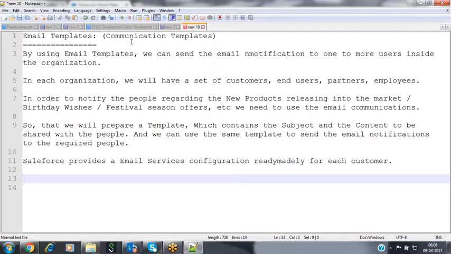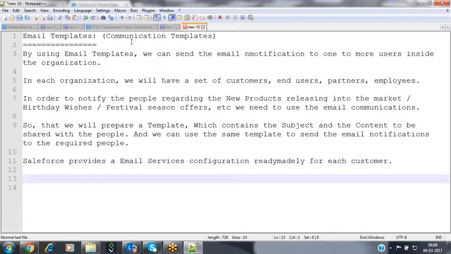Now, whenever you are preparing email templates to send notifications to the people, Salesforce provides a set of ready-made email templates to you by default. Why? Because Salesforce has provided one ready-made application to you, the Salesforce CRM application. In order to automate your existing customers' and new customers' information, we use that Salesforce CRM application offered by Salesforce.